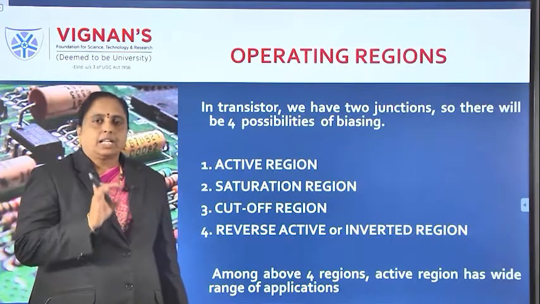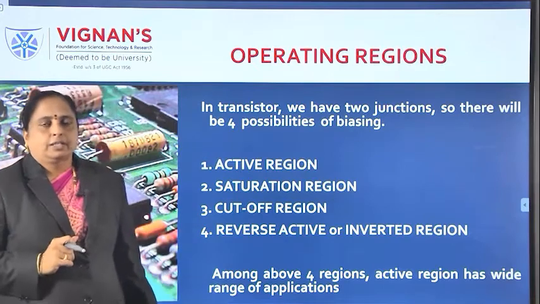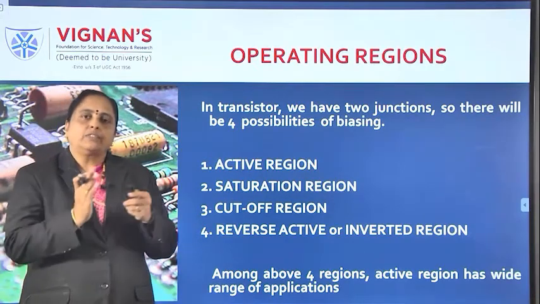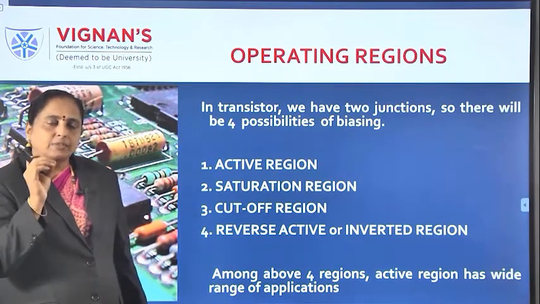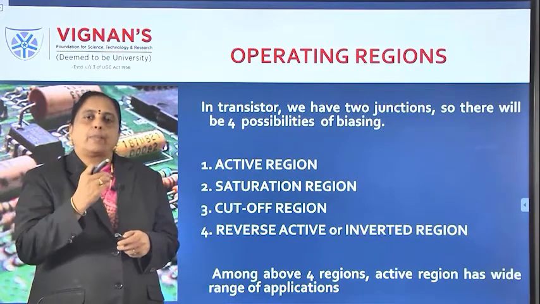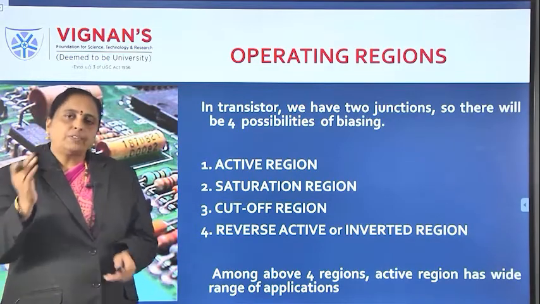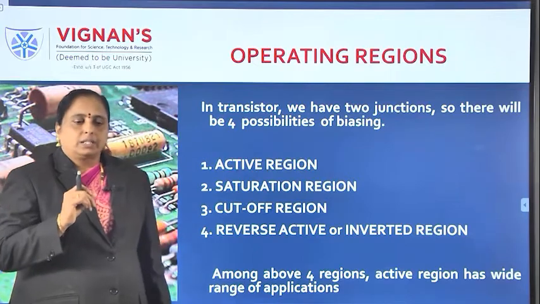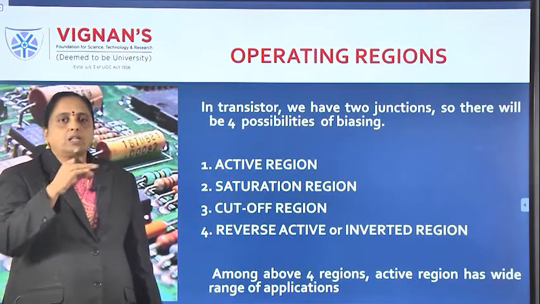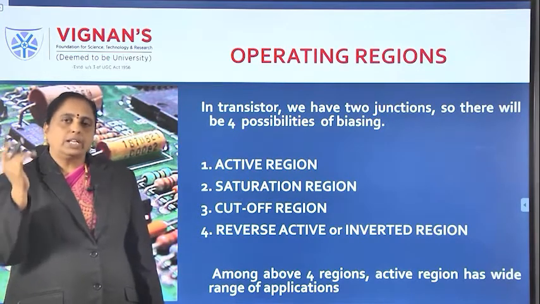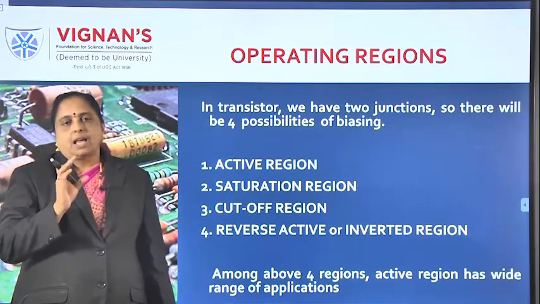We know that one of the important applications of BJT is the amplifier. Amplifier means the strength of a weak signal can be raised. That is known as perfect amplification. So if the signal is weak, we can increase the magnitude of that weak signal. That can be done by the BJT. Another application of BJT is the switch. BJT can be used as a switch. Switch means there are two conditions, on switch as well as off switch. So in addition to amplification, one more application of BJT is as a switch.